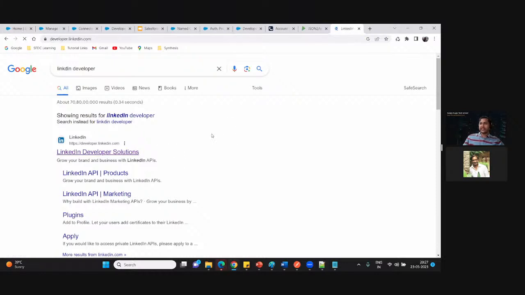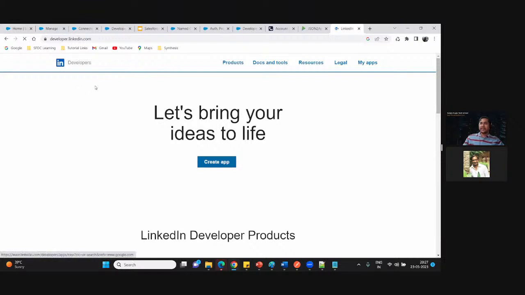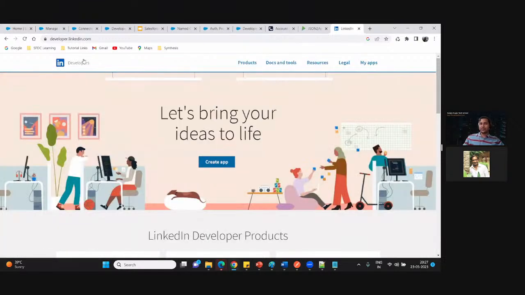Like we created the connected app for Salesforce, here also you create the app. If you pick any system which supports OAuth, they provide you this kind of option. If you take Twitter or Facebook or LinkedIn or any app which supports OAuth 2.0, it will allow you to create the app. And after creating the app, the rest of the things that we have done are exactly the same.